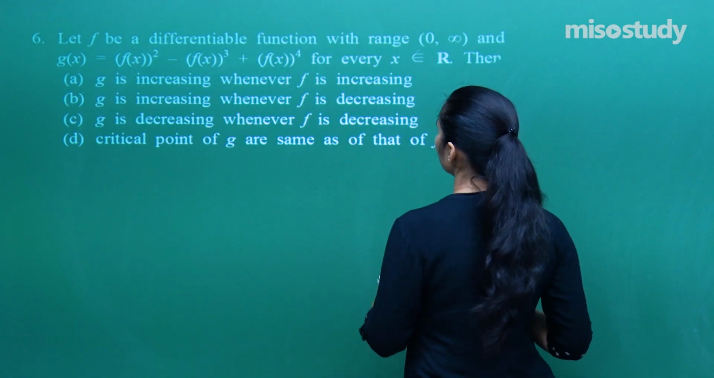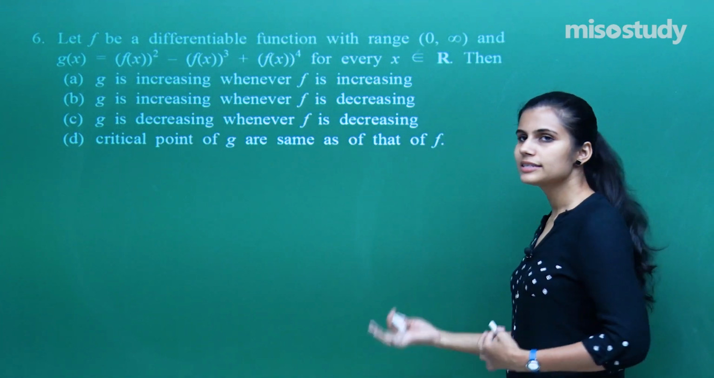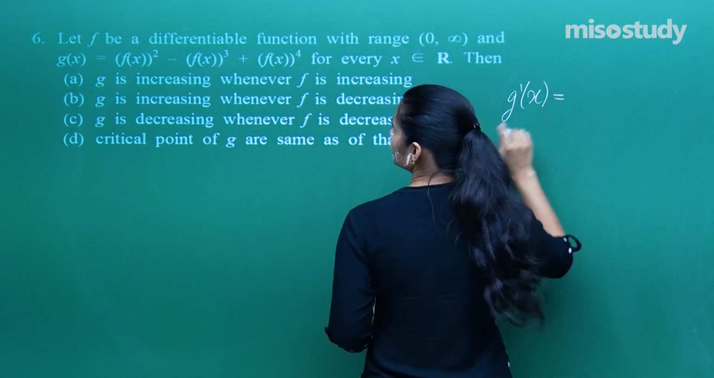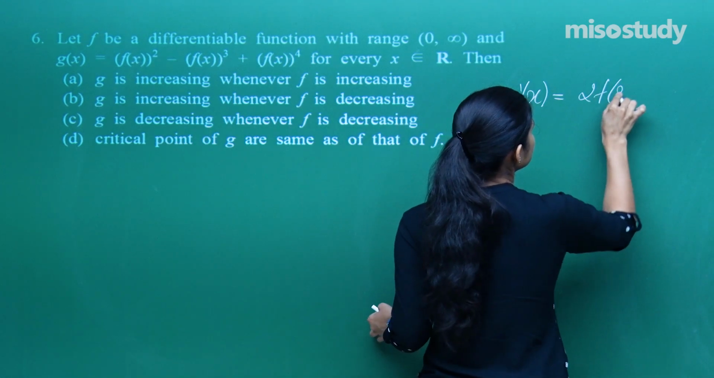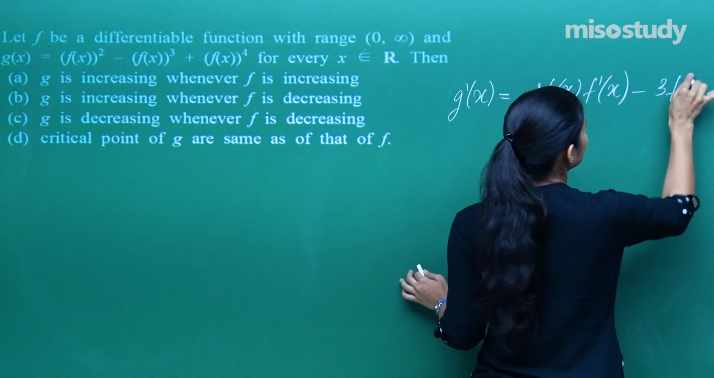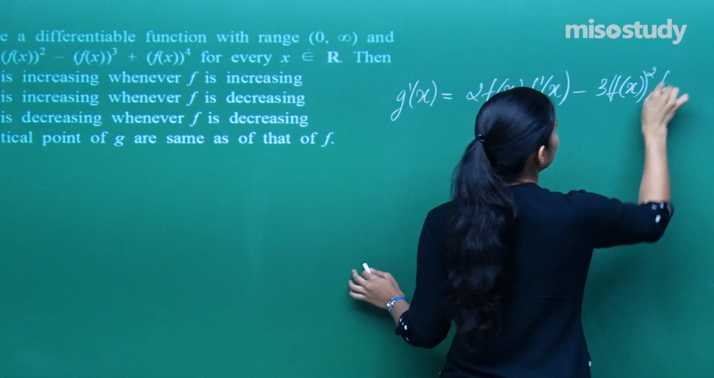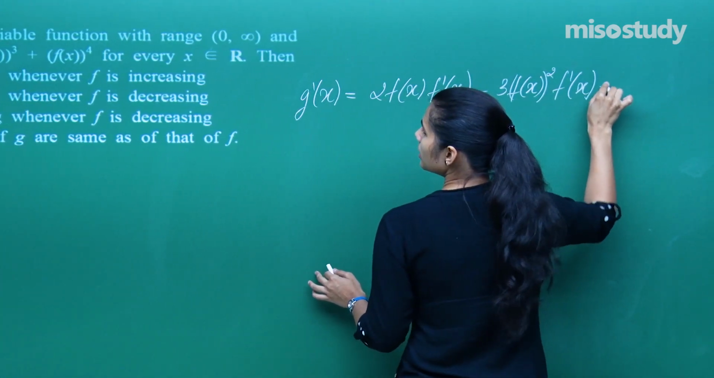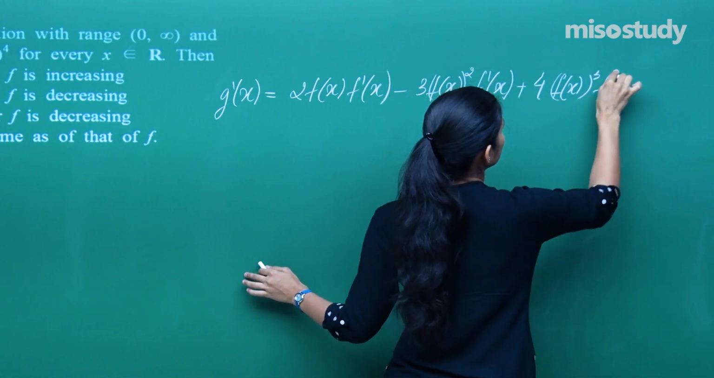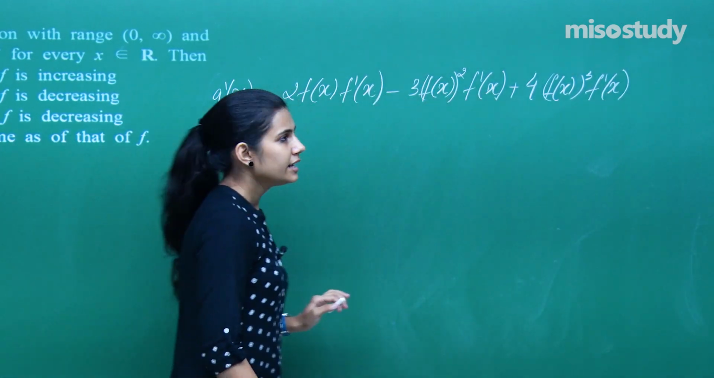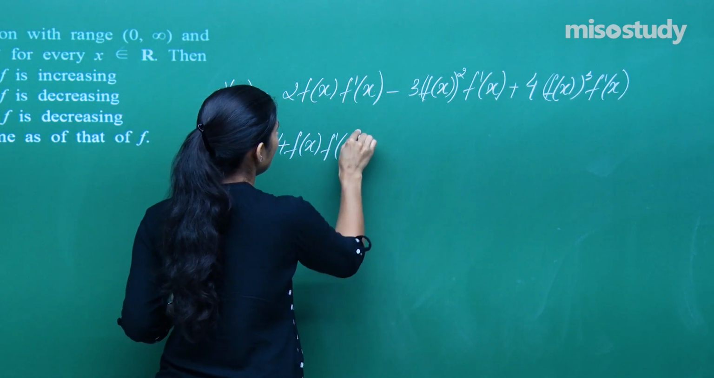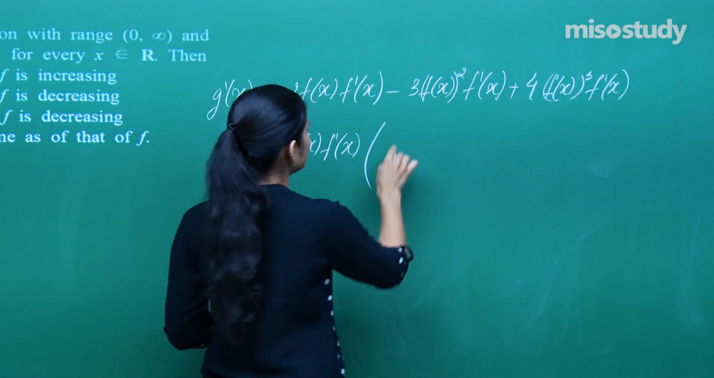Then g(x) is defined like this. I have to talk about g being increasing or decreasing, so I will be interested in g'(x), which will be 2f(x)f'(x) minus 3f(x)² f'(x) plus 4f(x)³ f'(x). If from here you take out 4f(x)f'(x) common, you will be left with